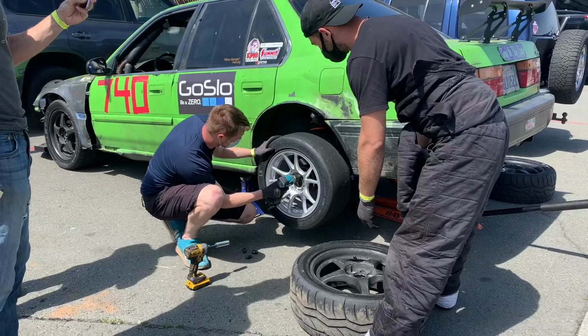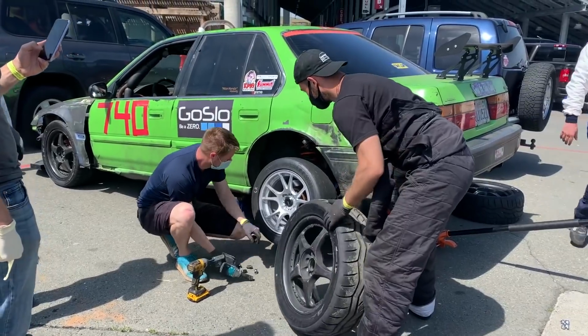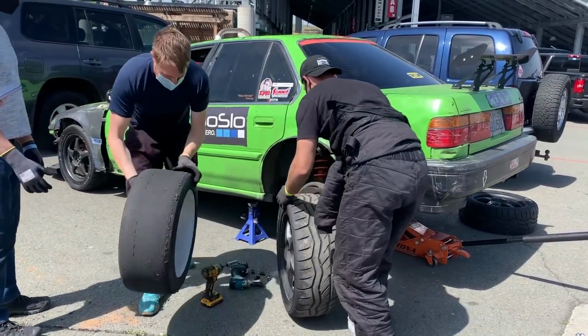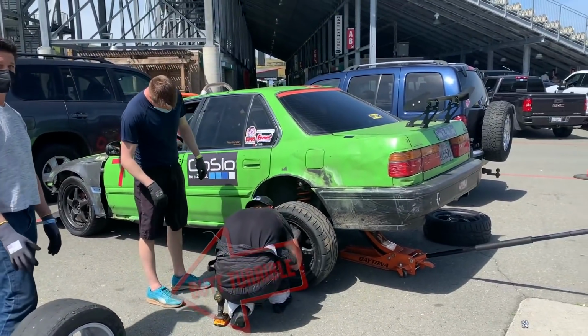Well, the first car that rolled up, and because I was already thinking about tires, I looked down. They're running totally illegal, cheaty Hoosier slicks, so I immediately busted them. And let me just say, when we catch somebody running illegal slicks, which happens not often, but more often than it should,